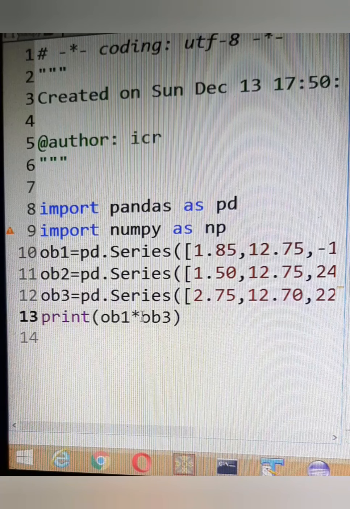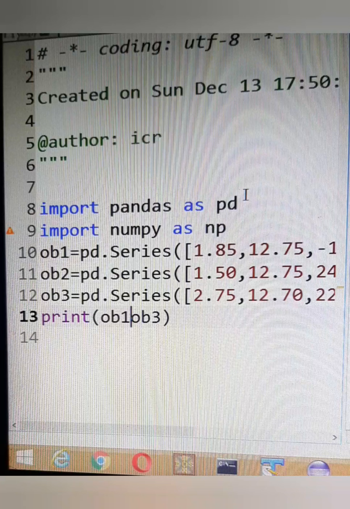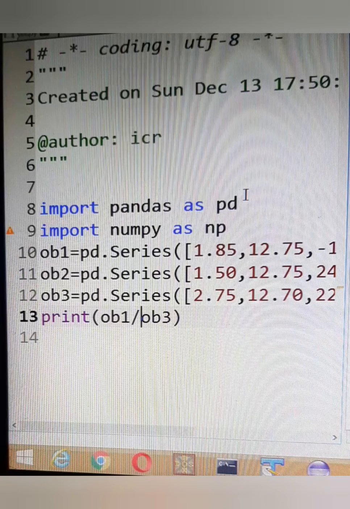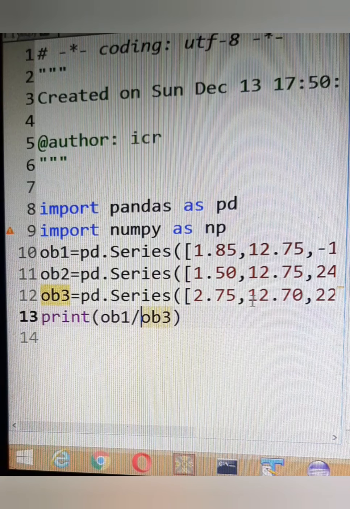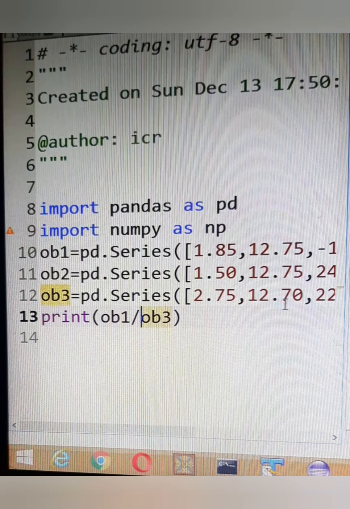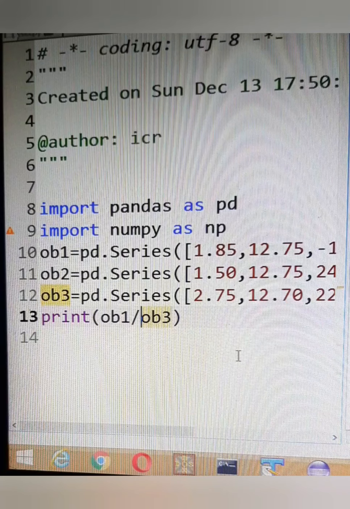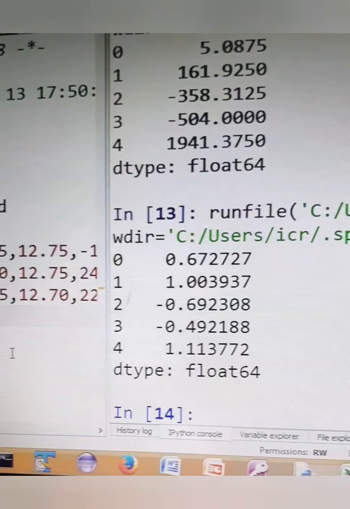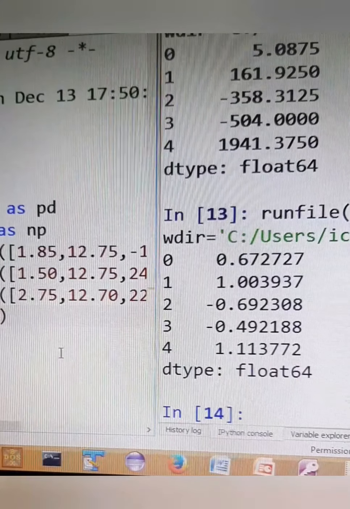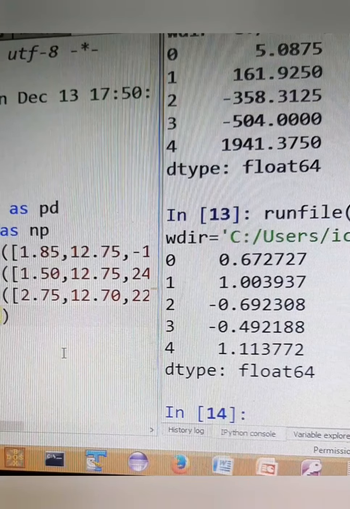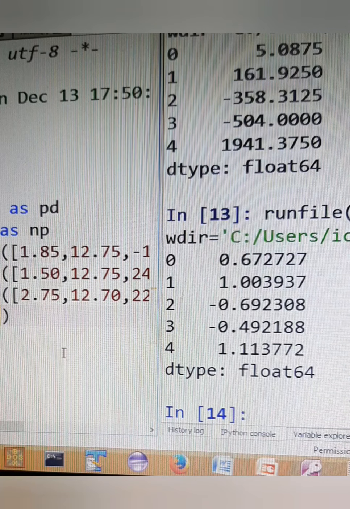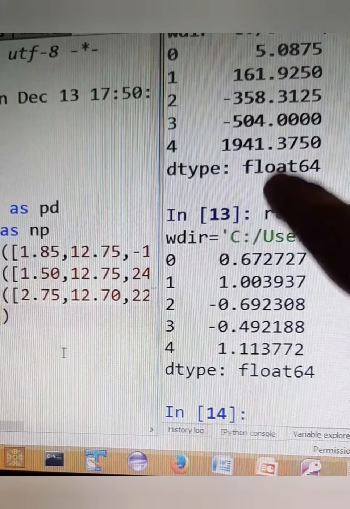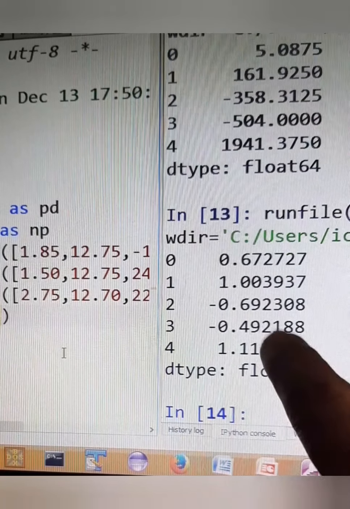And if I write OB1 divided by OB3, the values of OB1 will be divided by each value of OB3 correspondingly. So this is the answer that you can get. This was the answer on multiplication, and this is the answer on division.